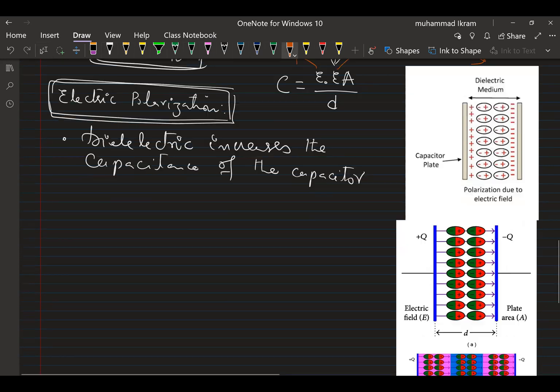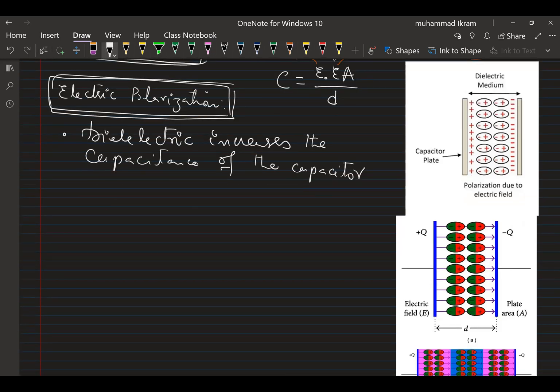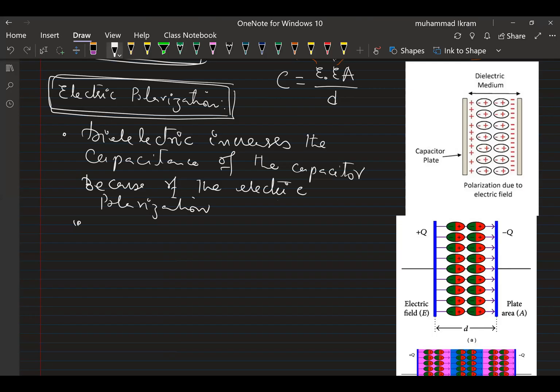So now what is the reason? It is due to the phenomenon of electric polarization. What is that electric polarization? The phenomenon of electric polarization is in fact this: when the molecules of the dielectric,